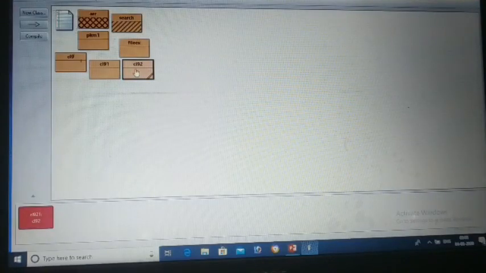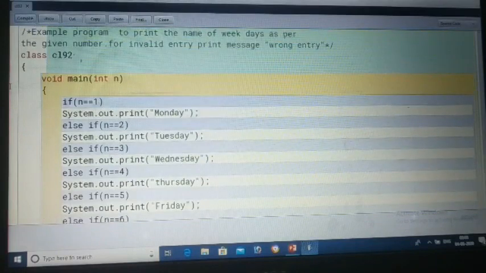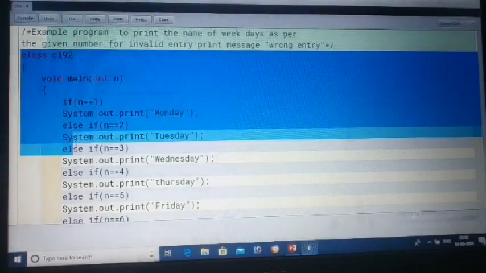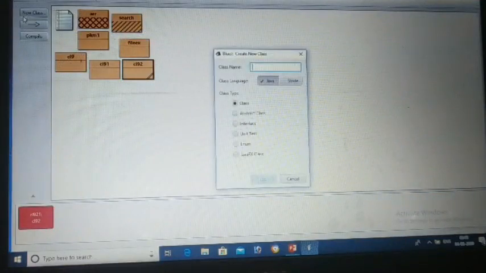A program is like that. Suppose we have to write a program. We are taking a new class. Before that, we will copy it. That will be helpful for us. Okay, so we will create a new class, CL9 and 3.